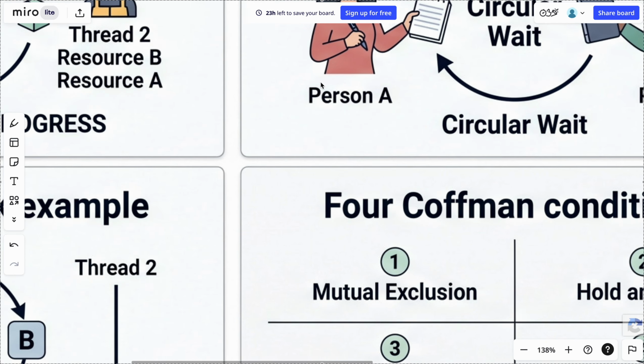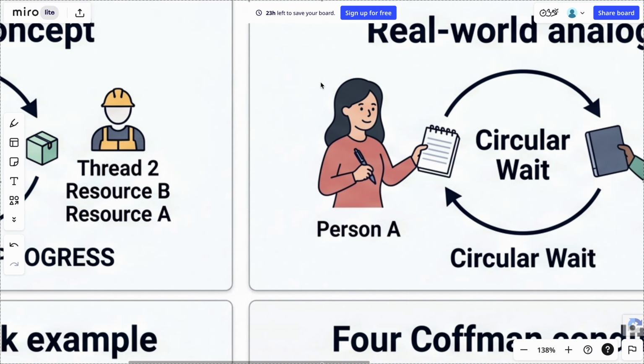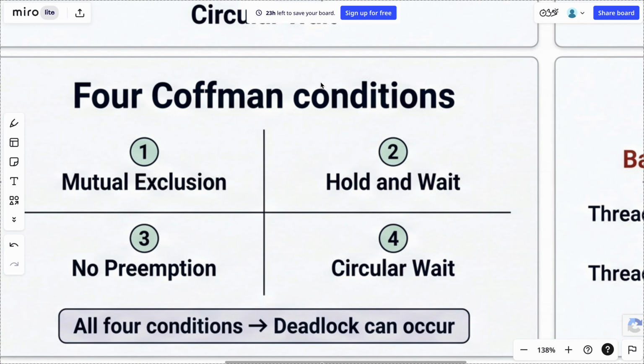Before making you understand that, you can map the same thing to this picture where these persons are nothing but threads, and they have acquired resource A and resource B respectively. Thread 1 is asking for resource B despite not releasing its own resource A, and thread 2 is asking for resource A despite not releasing its own resource B, and hence there is no progress and an infinite wait condition, which is called deadlock. Right? These are the four conditions: mutual exclusion, hold and wait, no preemption, and circular wait, which